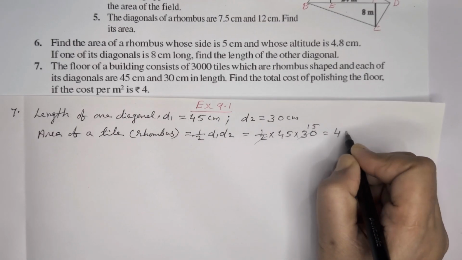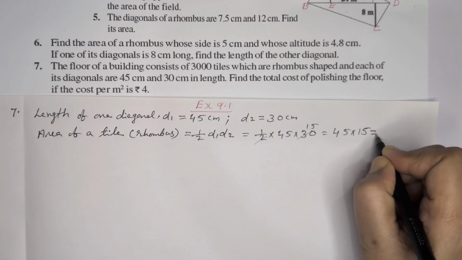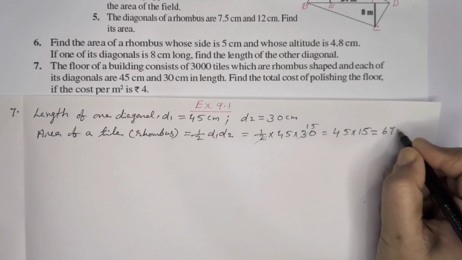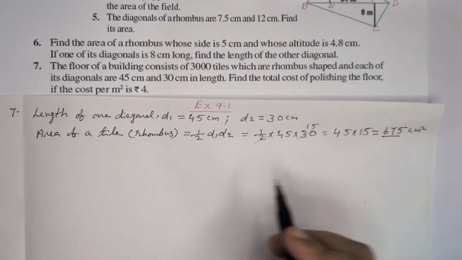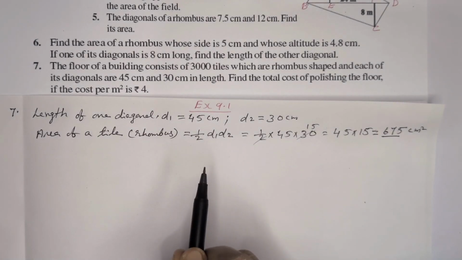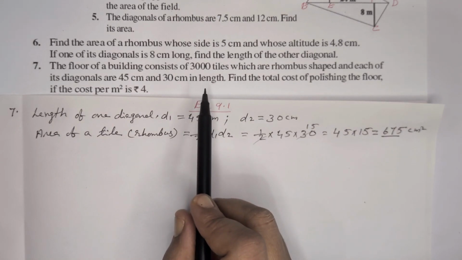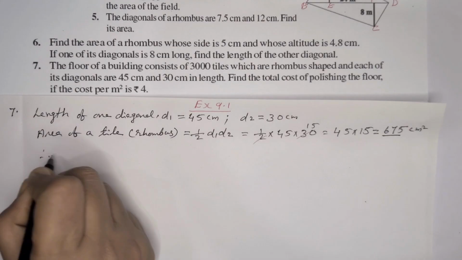45 into 15 is equal to 675 centimeter square. This is the area of one tile. Like that way, here 3000 tiles. So area of 3000 tiles is equal to,